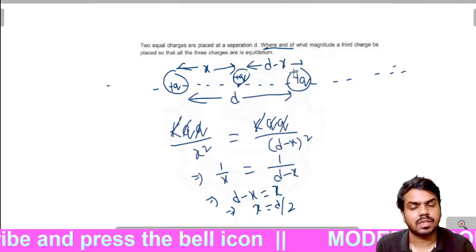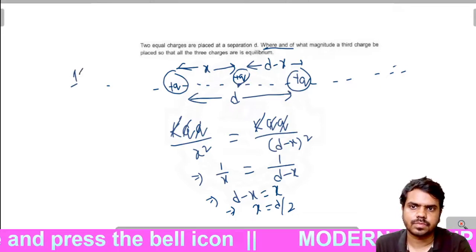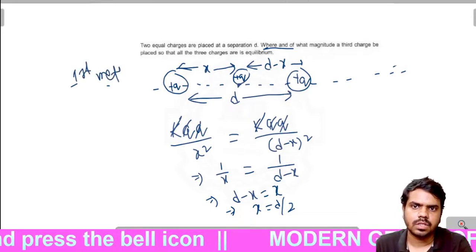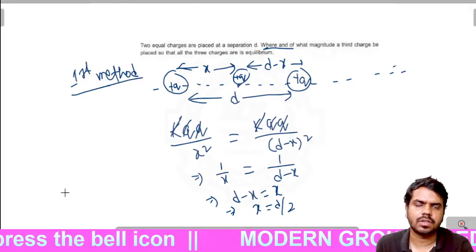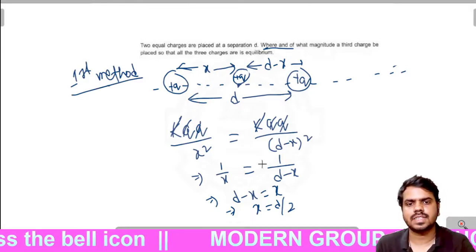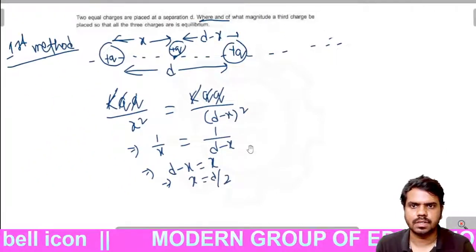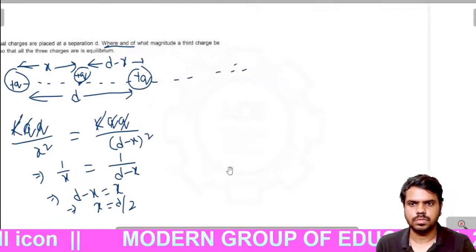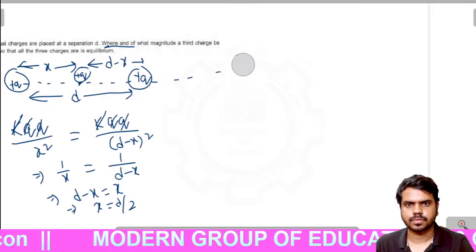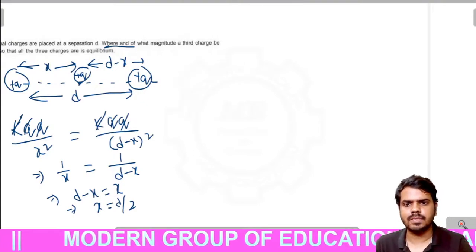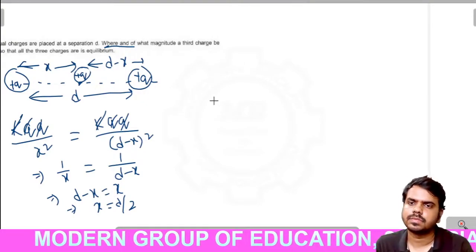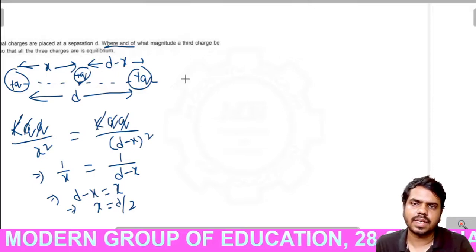So this is a complete answer, but this is the first method of solving this. Now comes the second method. Second method is the formula method. Okay, the formula method states that